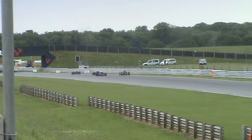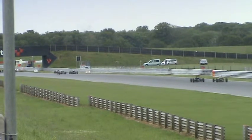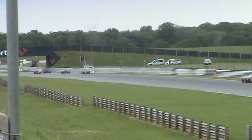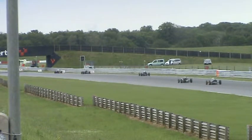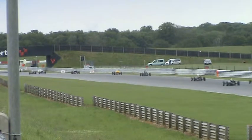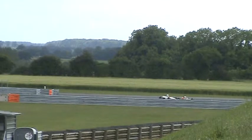So the field head down the Bentley Straight, then some cars going side by side. We had a couple of spinners down at Hamilton, the biggest name in the spinners being David Wild in the 57 machine, the Lola T200. So it's really interesting to see what David Wild can do now from right near the back of the pack. Battle still on there. That's Simon Toyne versus Stuart Baird, side by side for fourth